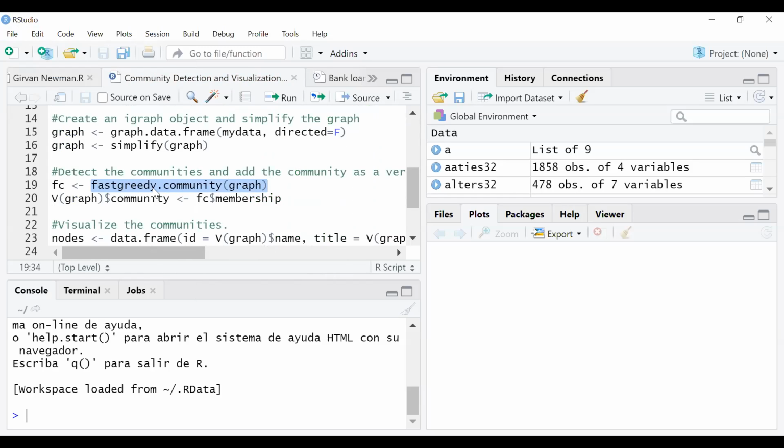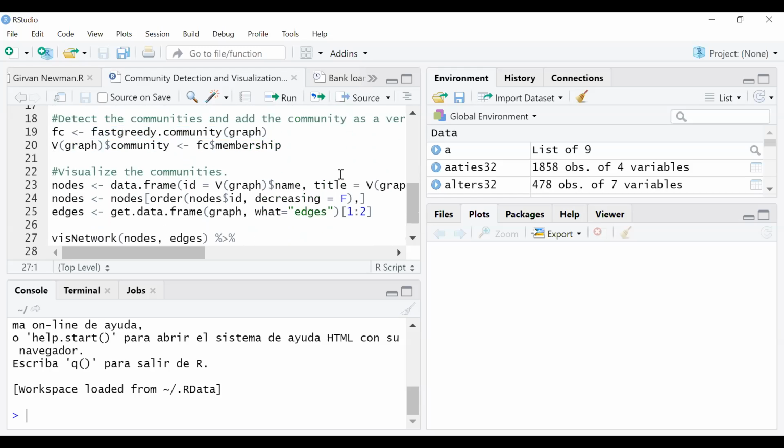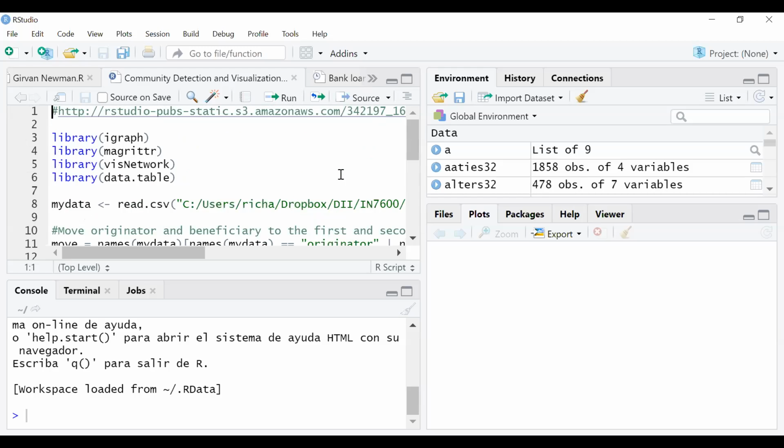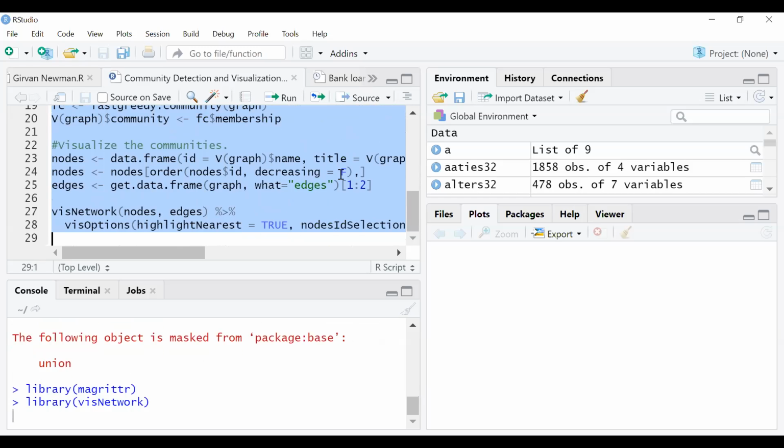So fastgreedy.community, that's the command which creates communities applying the algorithm. So it's just one line applying the community detection. And then the author provides visualization. What I do now is just running the entire piece of code, Control Enter,